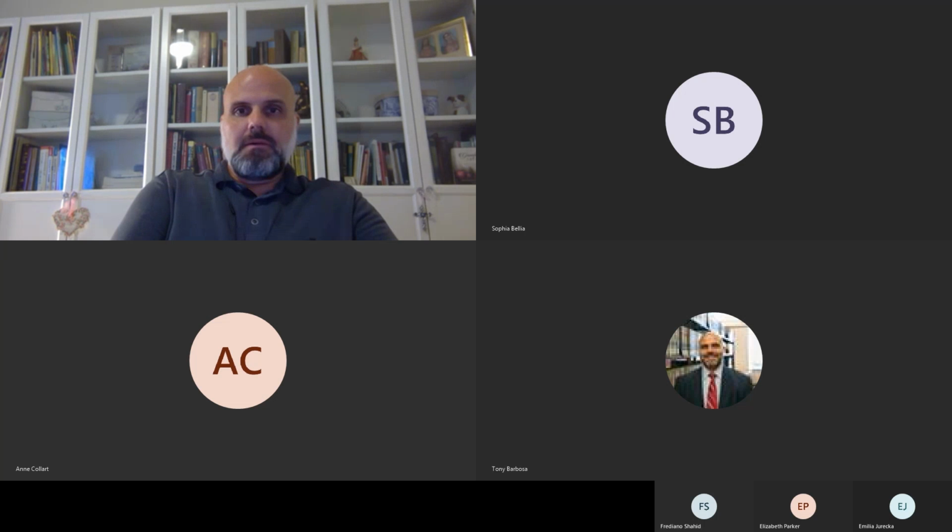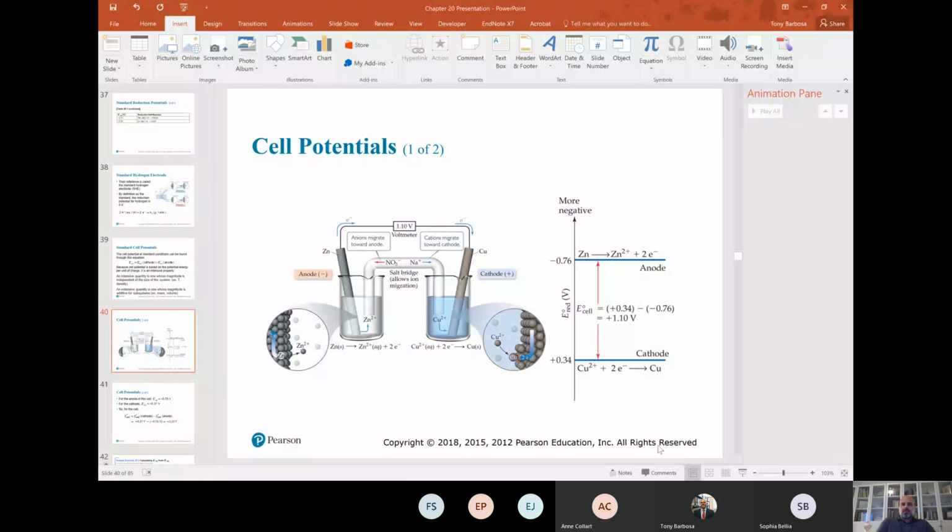All right, so you can see here in this picture, your anode is the one that's going to be giving up the 2 electrons, and it's going to be the one that's more negative, and it's going to be sending electrons down to the cathode, which is the one that's going to be gaining the electrons, because it's a reduction. Reduction is gain, right? So it's going to be the more positive number. That makes sense so far? So if we go back to the problem,